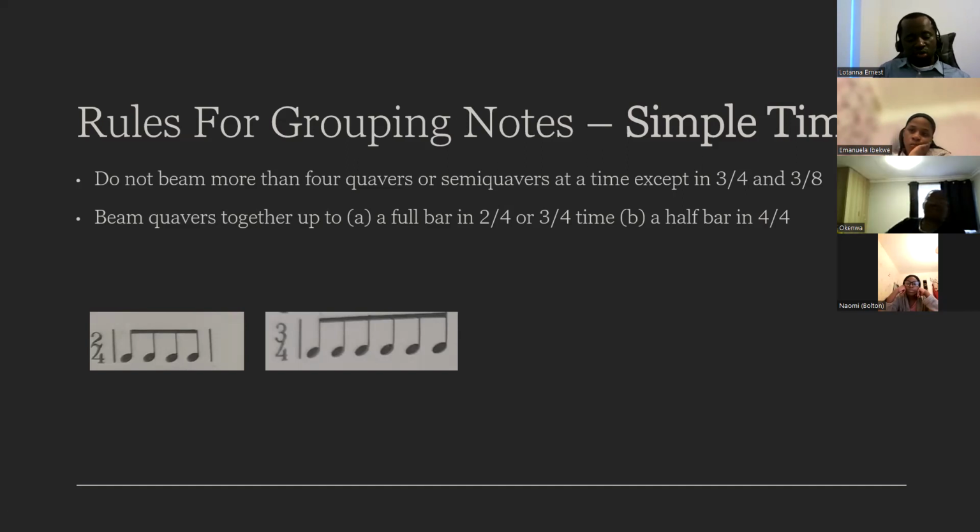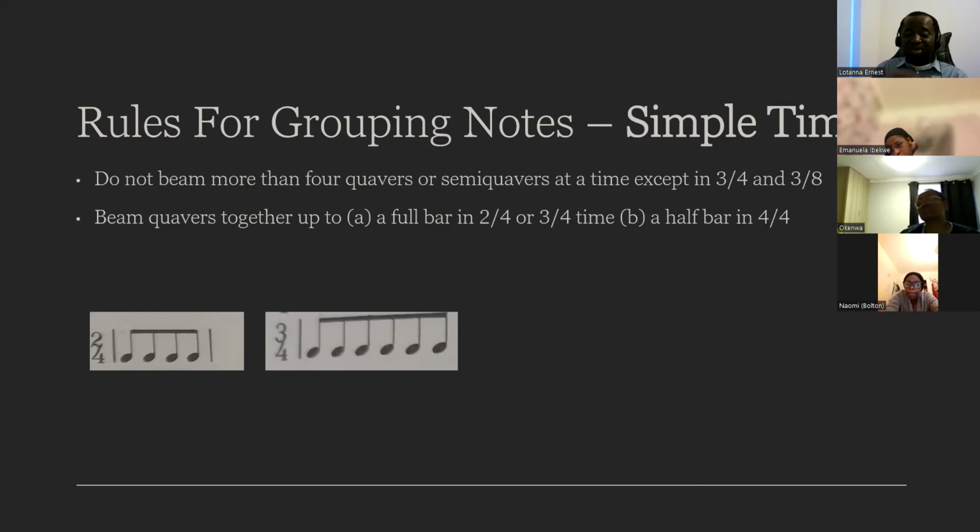How many quavers are you going to have in 4/4? Quickly, please. Let's say not beaming now. If you break all the notes in 4/4 into quavers, how many quavers will you have? 8. Brilliant. 8. You can't beam 8